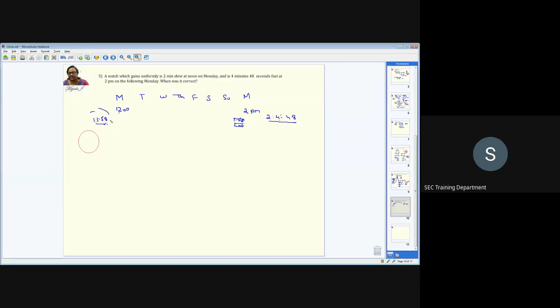So what will happen is this 2 minutes is going to be gained somewhere, and slowly, because it's a faster clock, it's 2 minutes slower, right? You can see that gradually it will become 1 minute slower. Then gradually it will become 0 minutes slower. It is going to gain that. So that is what we are seeing here. After that, it is going to be 1 minute faster, then after sometime 2 minutes faster, then after that 4 minutes faster, right? And 48 seconds. So when is that? At 2 p.m. exactly, this is the time you are getting. So gradually it's increasing.